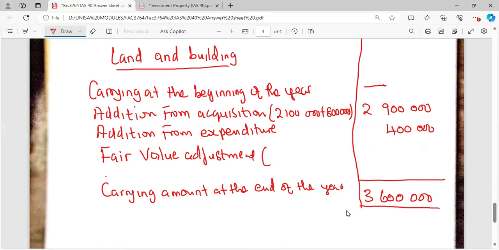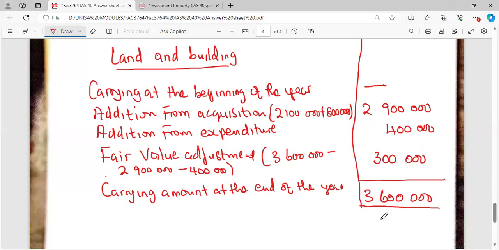So from this carrying amount now, you can have your fair value adjustment. You can just come here and say 3,600,000 minus 2,900,000 minus 400,000. Then it's going to give you the fair value adjustment. I think we have already calculated it. It's 300,000. Yes, it's 300,000. So you see, it's not even